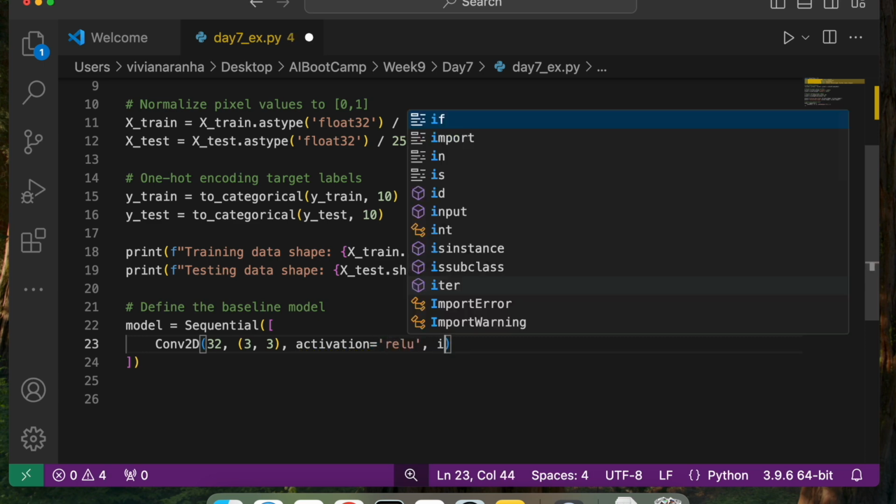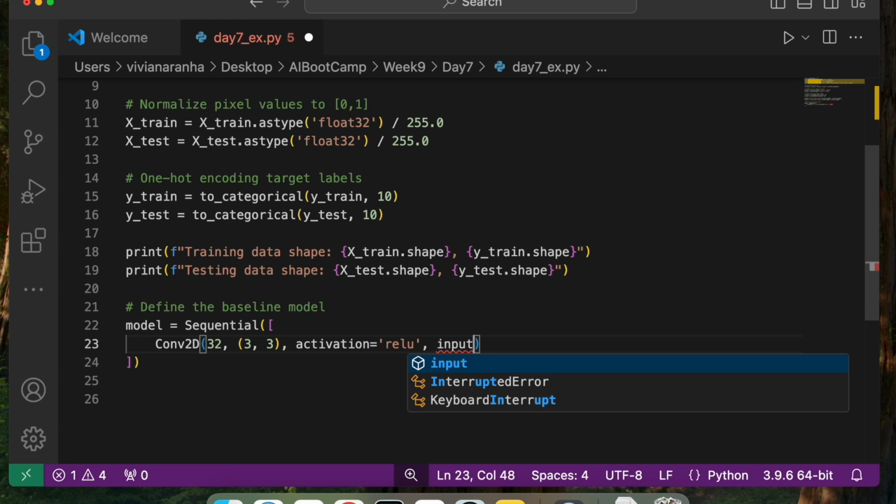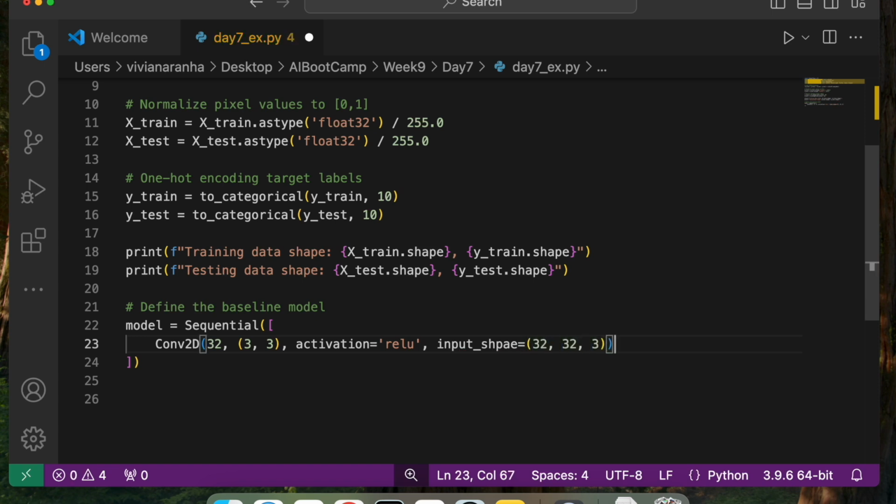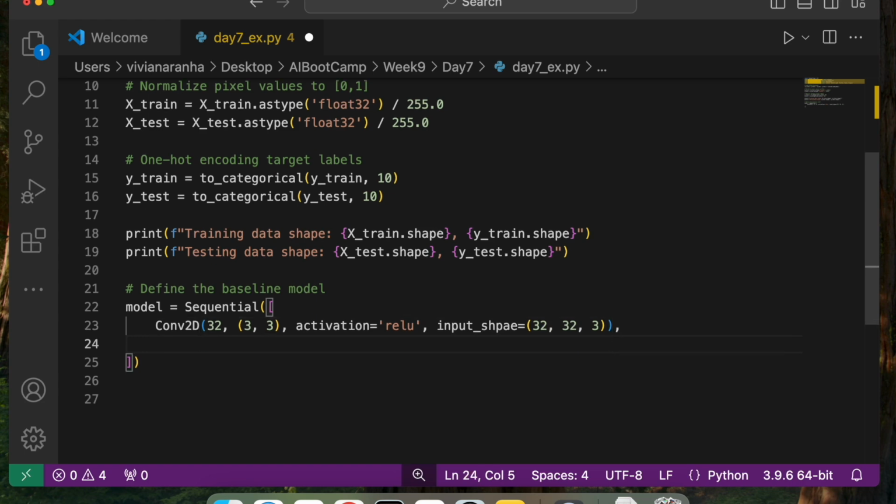Next I have the input shape. The images that are available are 32 by 32 size by 3 layers. So that's what I'm going to set here. Next I'm going to say MaxPooling2D.